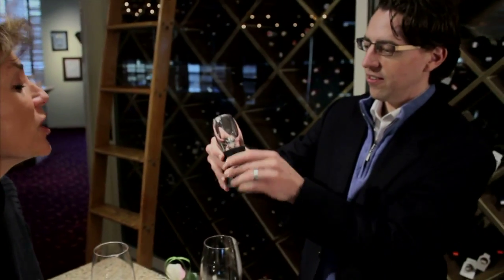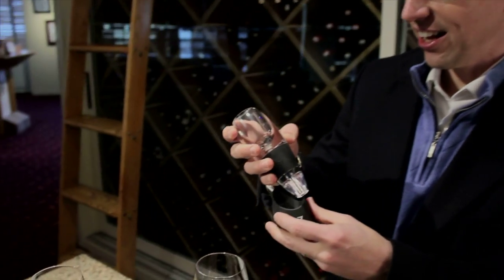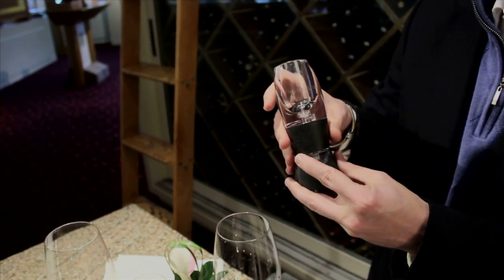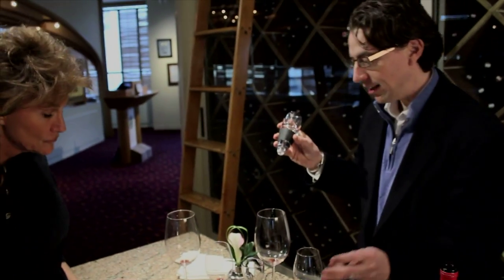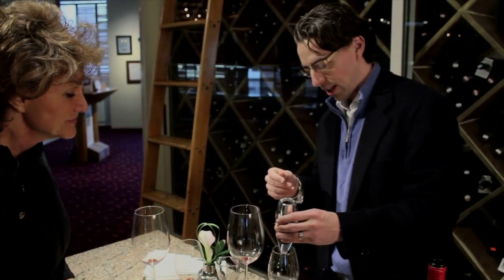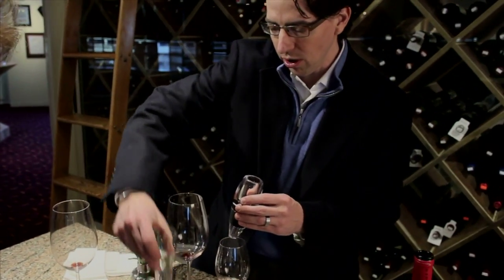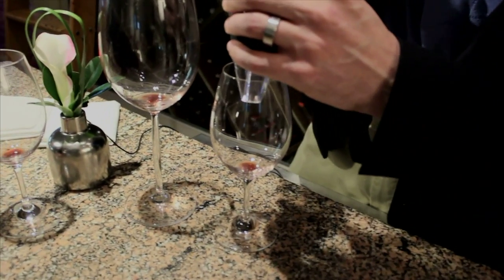This is what I call wine toys. The Venturi. Okay. And the Venturi is a personal aerator. So this has probably gotten into somebody's stocking that's watching this, hopefully. And what happens is this is put over a glass, and the wine is poured into and through it, and it makes